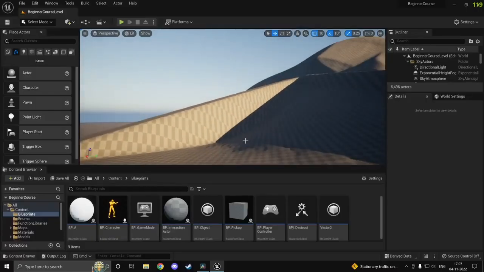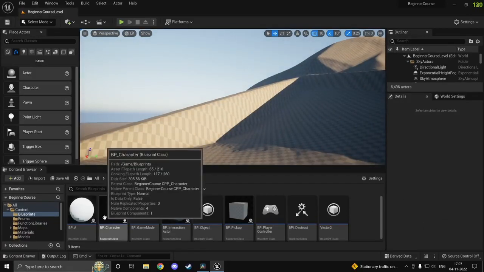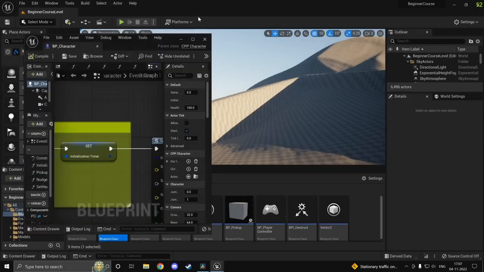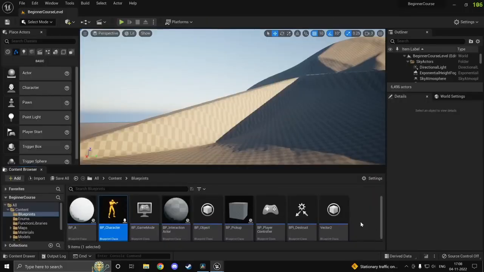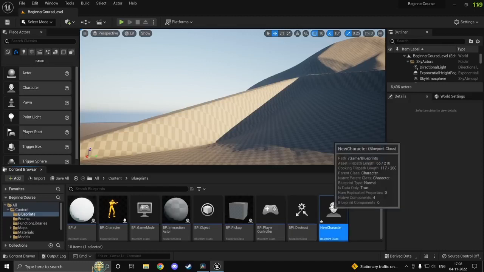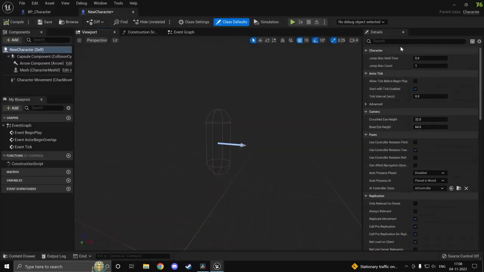Now the next class that I would like to mention here is going to be the character class, and we have used that quite a bit. So if we just open up our BP character, for example, which is a character class, so we have inherited it from CPP character. Just to keep things clean, I'll just create a new character here, and let this just be called new character maybe. Now open it up. Now if I were to just look at the parent class, it says character,